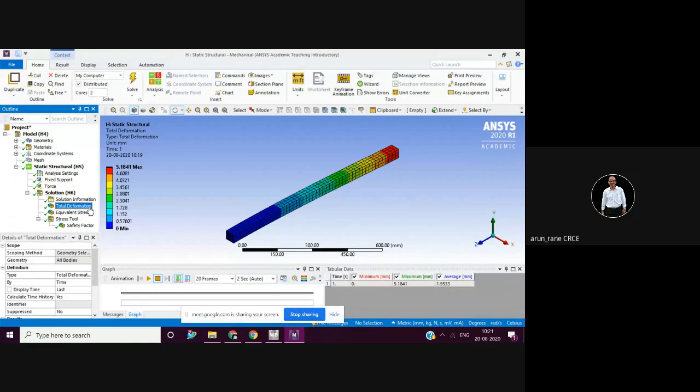we have tested these three models for three different parameters, that is the deformation, then the von Mises stresses, and the factor of safety. In I beam the deformation was 1.11 millimeter, in round the deformation was 5.43, which is more than I beam, and in square 5.18. So it is more than I beam but a little less than round. You can say almost the same, 5.18 and 5.43, not much difference.